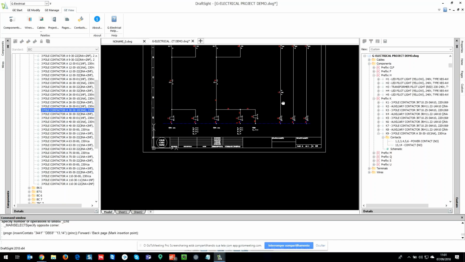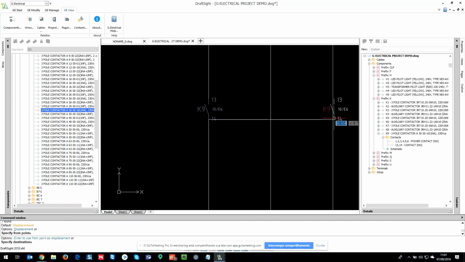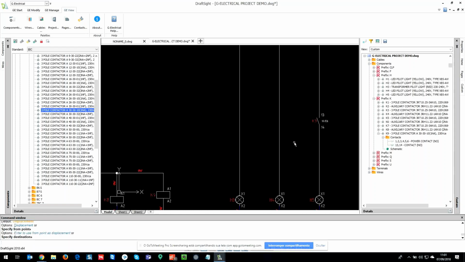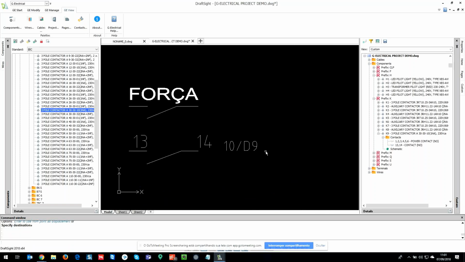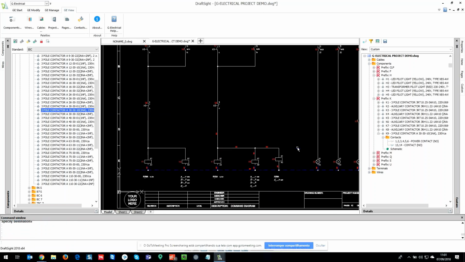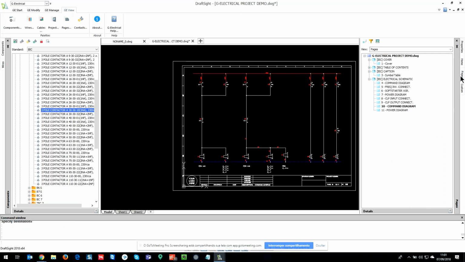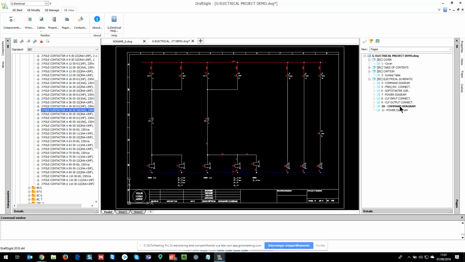If I just change this component to this, okay, the cross reference automatically updates. Okay, so it was D7 and now it is D9. Okay, the same applies to the pages of the project. So let's imagine that I need to change the order, like bring the PLC output connections to the last page. Okay,